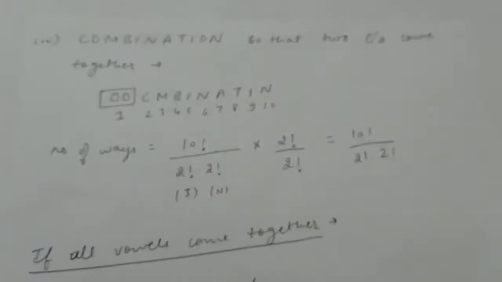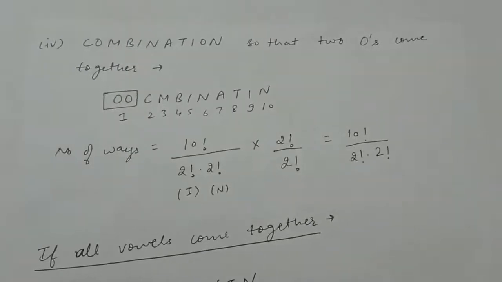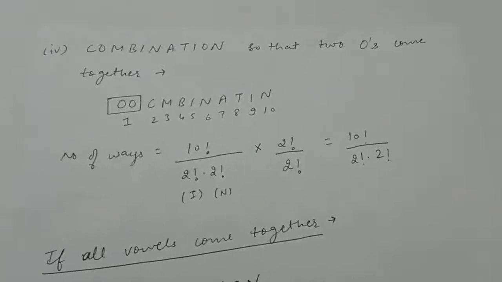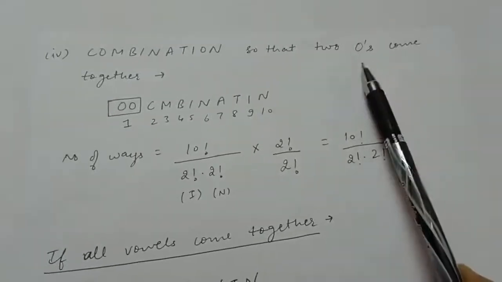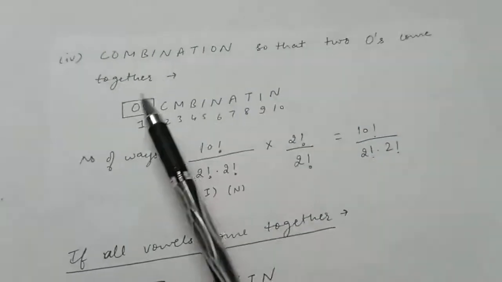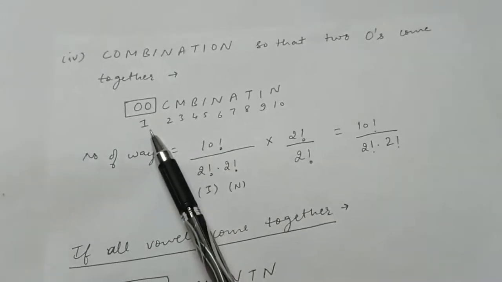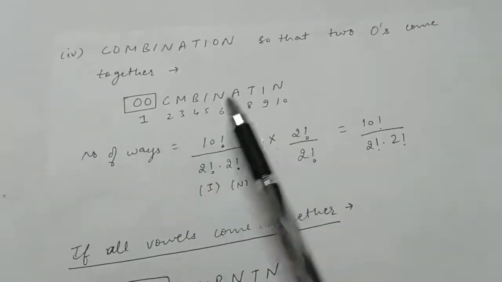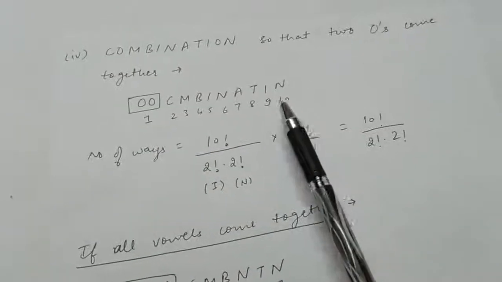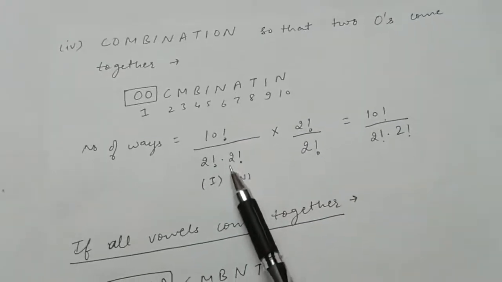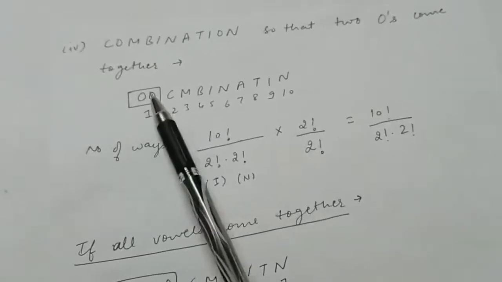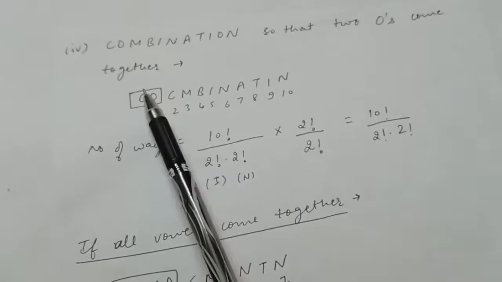Now they can also ask for these types of arrangements. See, they ask in how many ways the word combination can be arranged so that 2 O's come together. Now whatever letters we want to come together, let us treat them as one letter only, right? The rest of the letters are these. So now if we treat this as one letter, in total we have 10 letters, which can be arranged in 10 factorial upon. Leave this for now, do not see the repetition of these, because we are treating this as one letter. So for the time being, leave it as one letter.